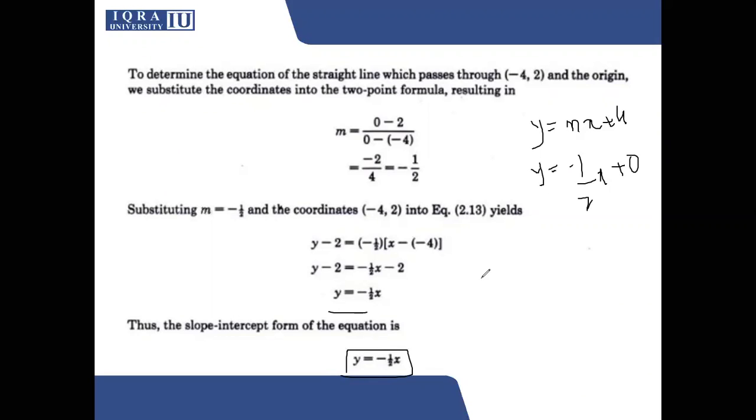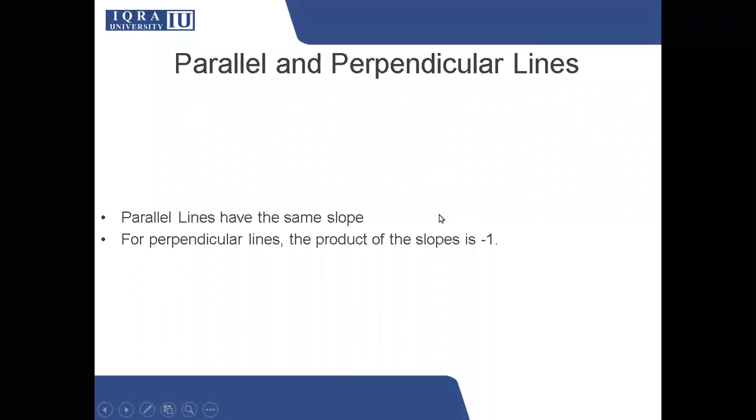One thing to tell you all is this y equals mx plus c, or y equals mx plus k. They're basically both the same thing. You can use c or k, but this is the general equation of a line, and it's also called the slope intercept form. Why? Because you have the slope here and you have the intercept here. So this is called the slope intercept form of the equation of a straight line. This is how you're supposed to do it.